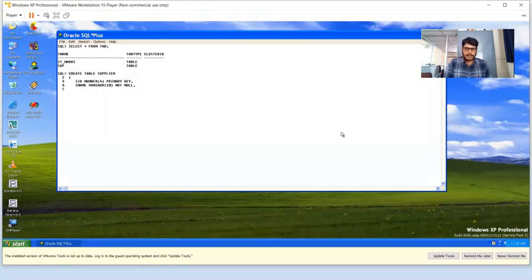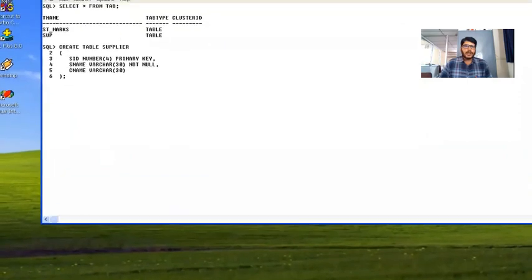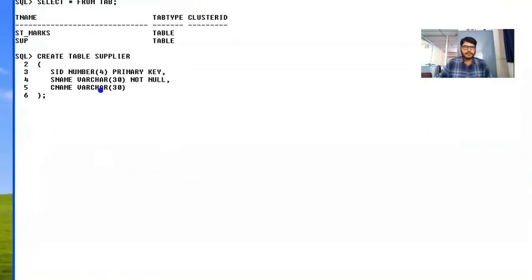And after this, contact name, C name, varchar. Again, I'm going to specify 30 as a size, and this can be blank. Okay, so now I'm going to close this parenthesis, and I'm going to end the statement by using a semicolon. Now you can observe what I have written. I have used the create table keywords, as you can see here.